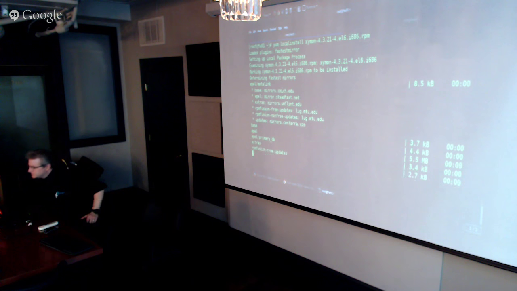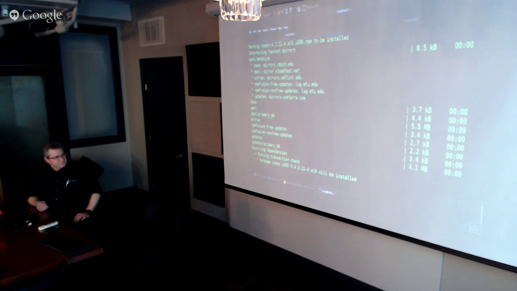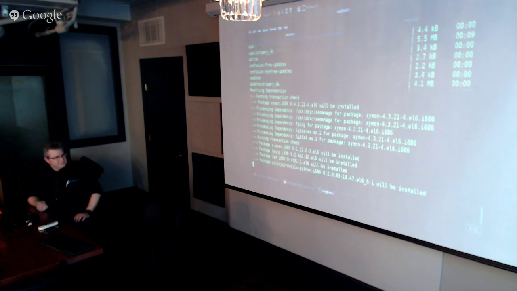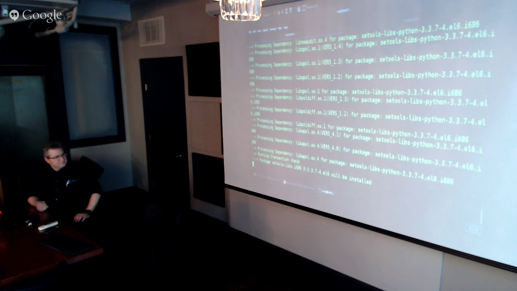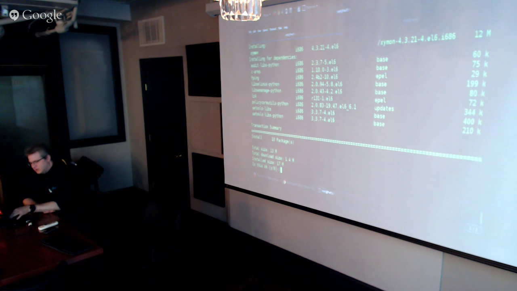It's better than work. Looks like it's asking for a bunch of SE Linux stuff. So I'm doing the local install with Yum because it's going to install all of my dependent packages. Because I'm not adding Terabithia as a repo, I'm just downloading the package and installing it.